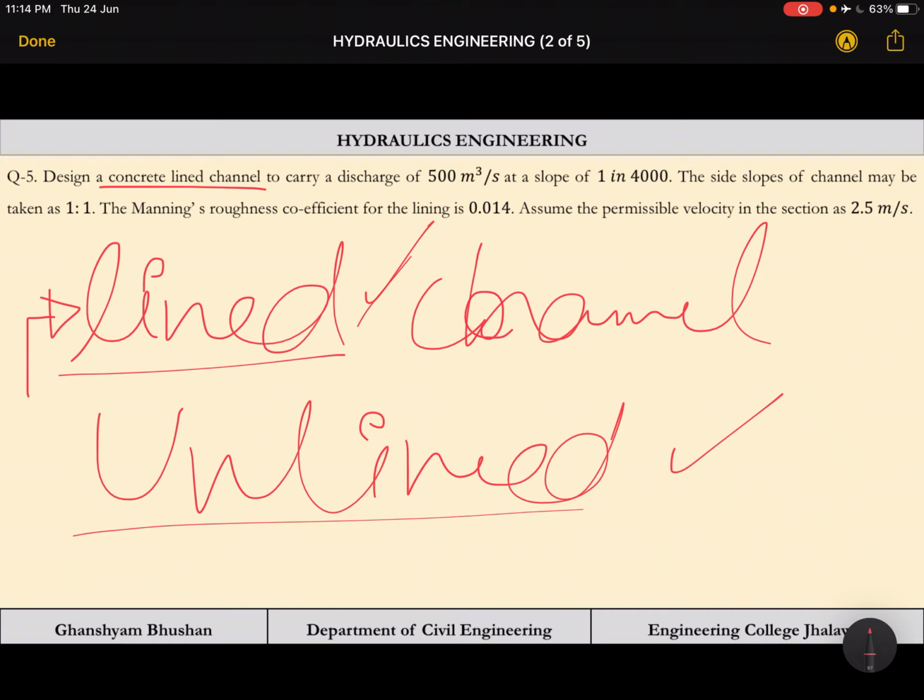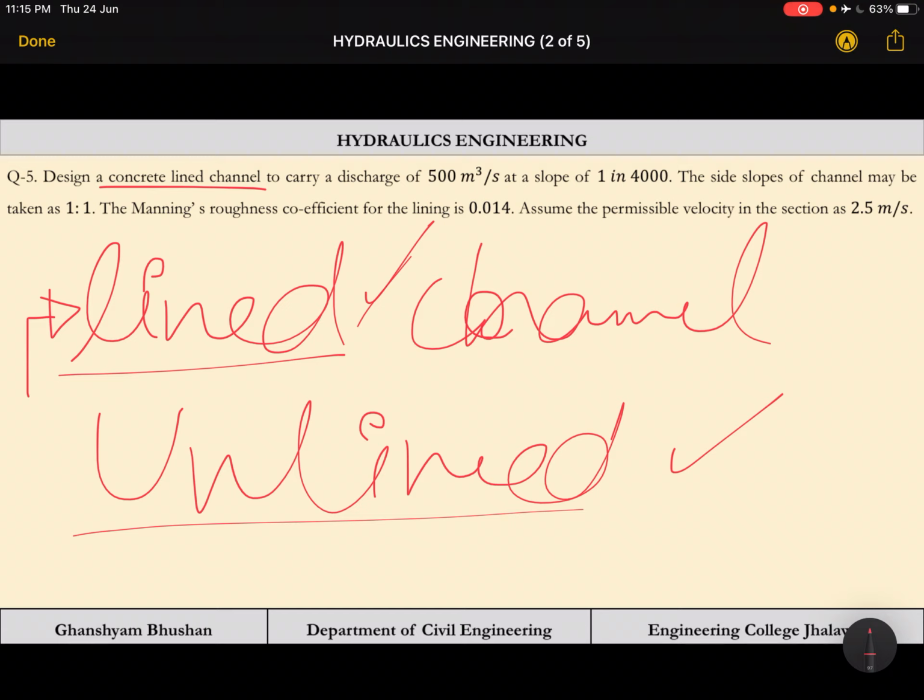I just wanted to give you some idea about lined and unlined channels. Unlined channels have a lot of problems, because the side slopes are not lined, so they become porous and so much water is wasted through the sides of the channel. This problem can be reduced or removed by the use of lined channels. Concrete is generally used. You might have seen artificial channels, like canals, that are 100 and 200 kilometers long.